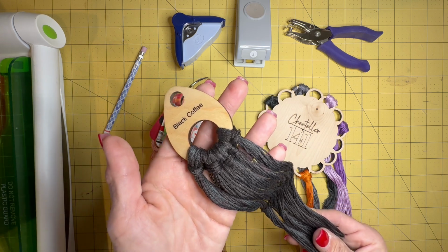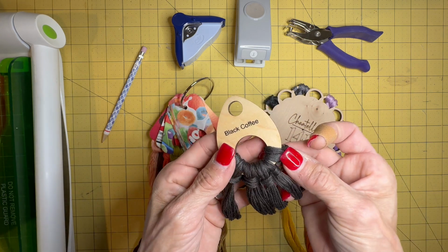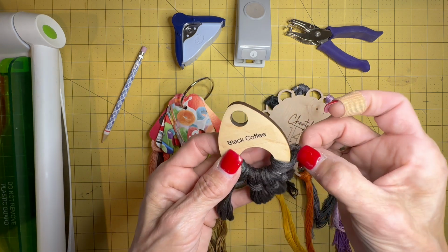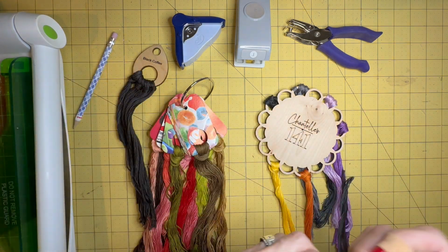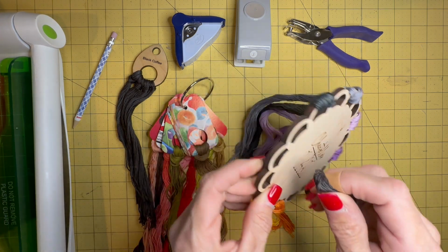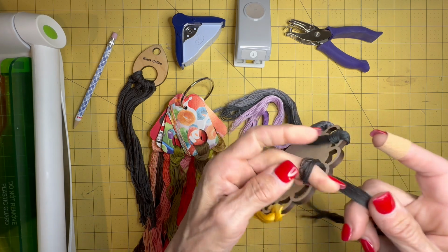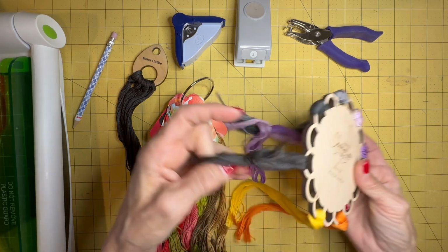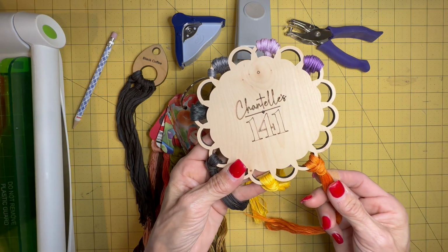When I get ready to kit up a project, and it needs, for instance, black coffee, I'll take one skein off and put that back on my wall, and then have my floss dial ready to go in my bag and load the skein there. The floss dial has 16 spaces for floss, and this is also available in our Etsy